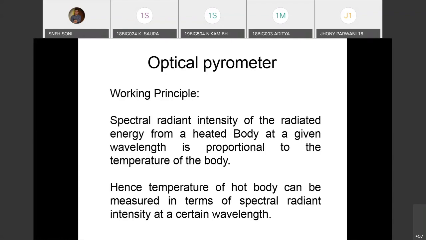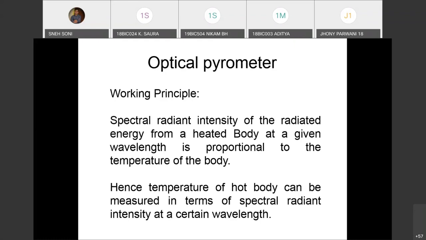Right? So you can use an optical pyrometer, with which we can judge the temperature of remote-location bodies. If we compare the radiation pyrometer and the optical pyrometer, the accuracy of the optical pyrometer is higher. So we can also calibrate a radiation pyrometer with the help of an optical pyrometer. Okay, the rest of the common applications of pyrometers,